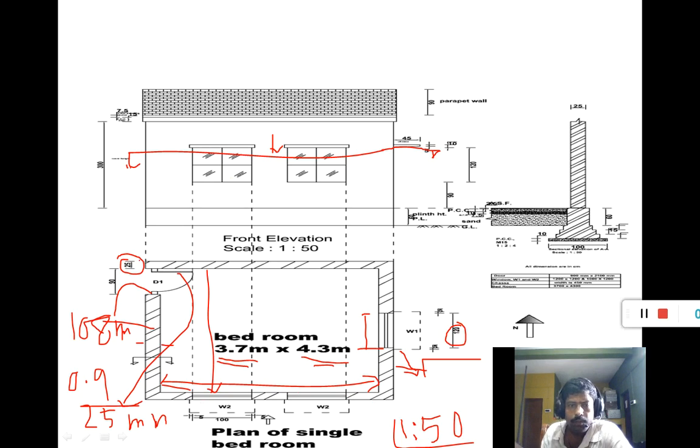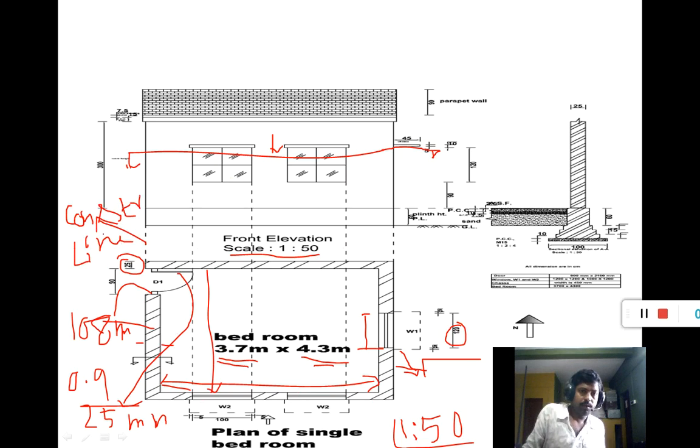Now next, this is a plan of a single room. Now we develop the front elevation. Here again the scale is considered 1:50. From the plan we develop, so those lines are called construction lines, or helping lines, to develop the front elevation.